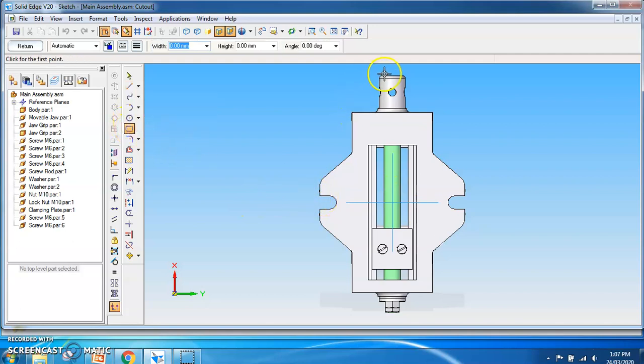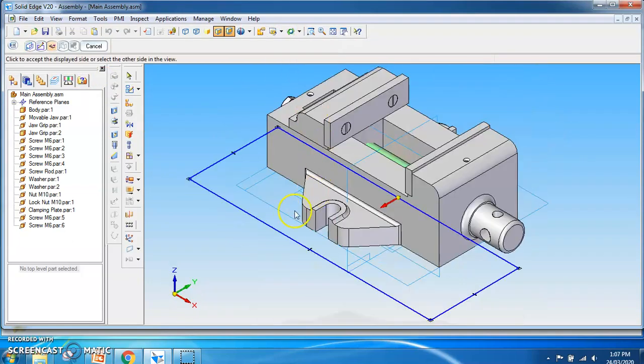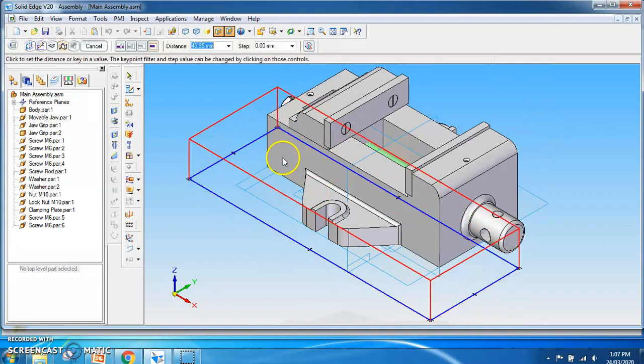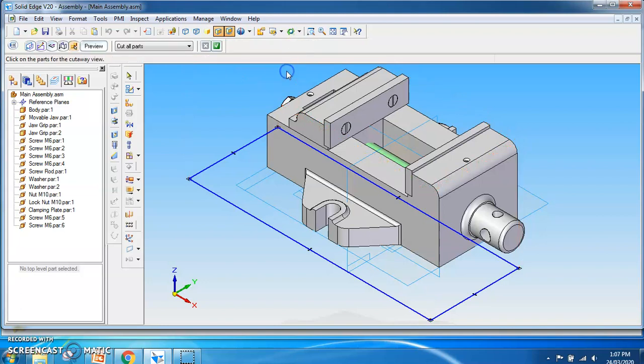So start with the rectangle. From here till here, you get this rectangle on this side. Written like this. The inside portion we want to cut. So go to this, place it,